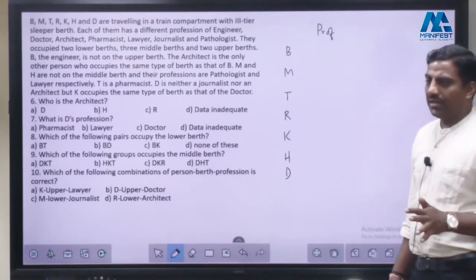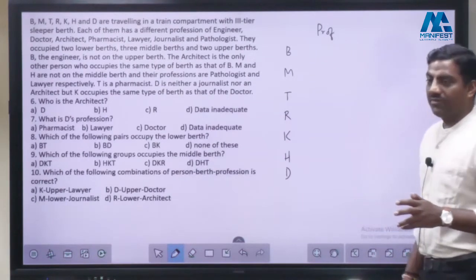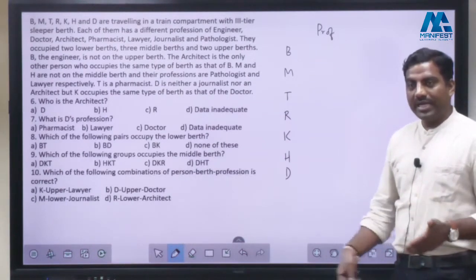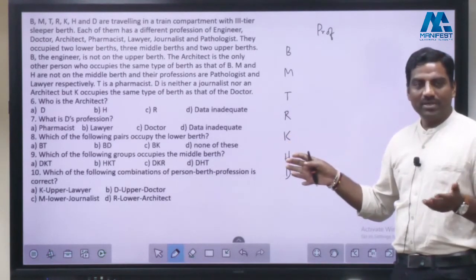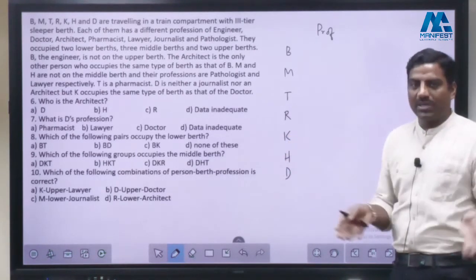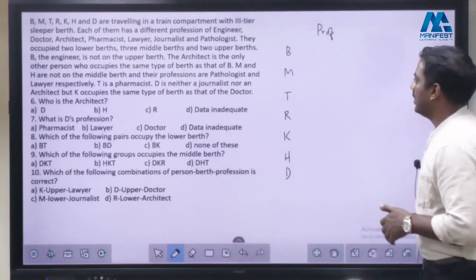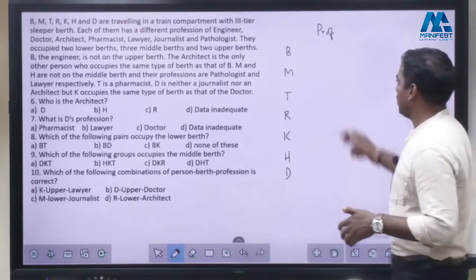7 berths, done? Don't ask me, sir, where is the 3rd middle berth? In a train there are hundreds of middle berths. They can take one of them. It doesn't have to come in the same compartment. Okay? Then, B the engineer